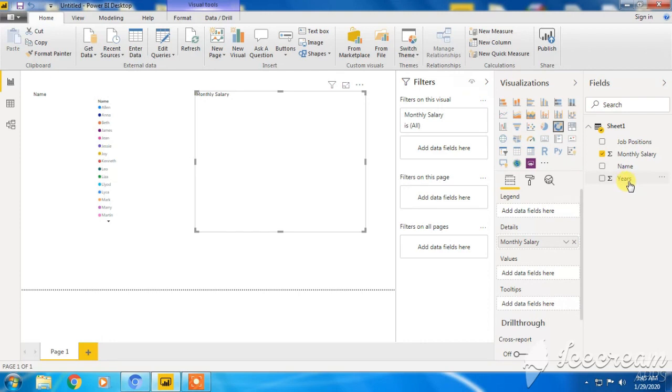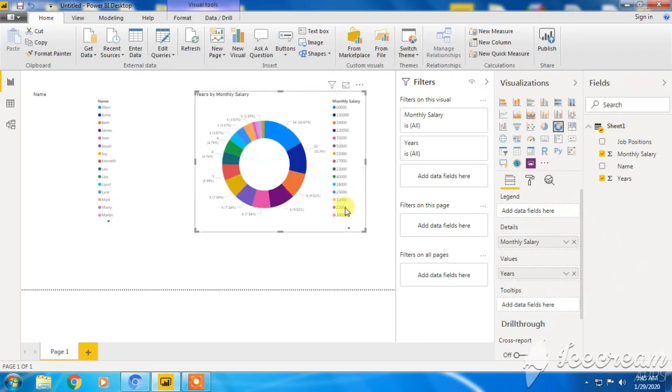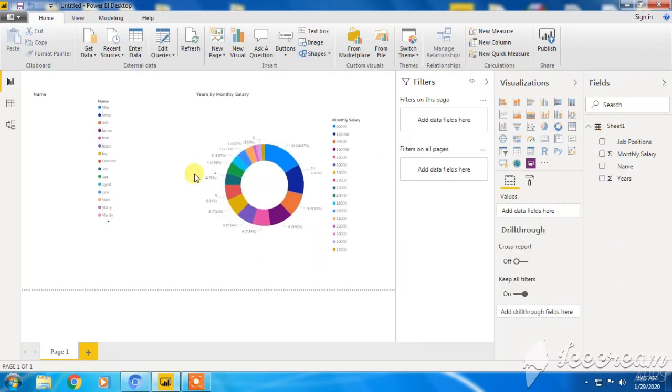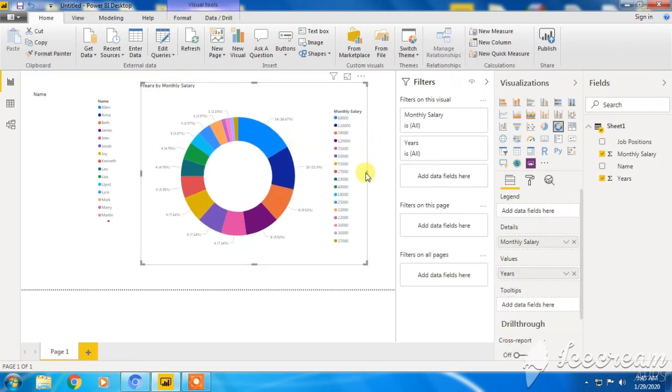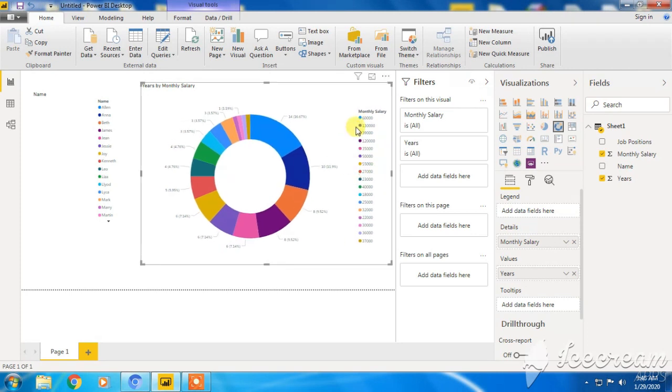So since the monthly salary is here, we can easily use years of service for values. So as you can see, our data is already loaded, and since the years of service is already shown,